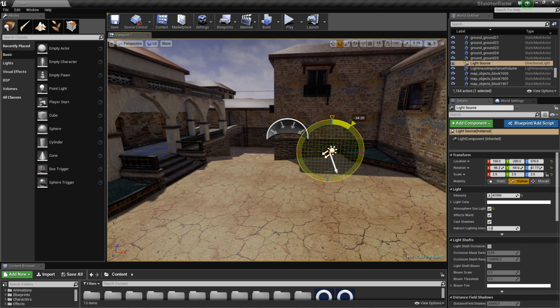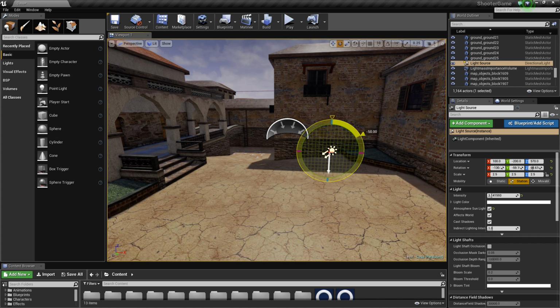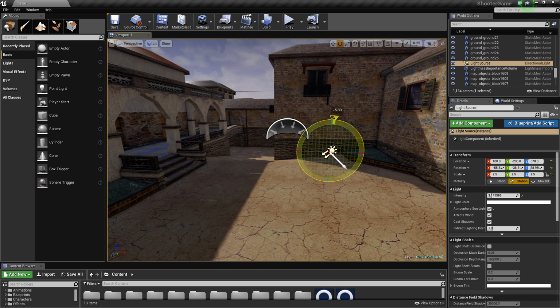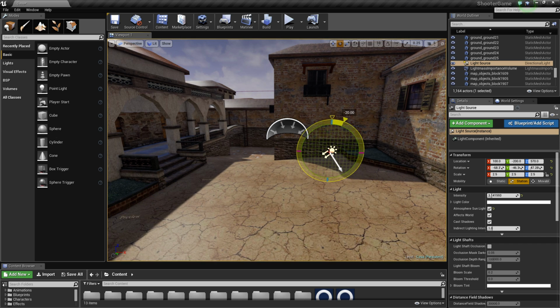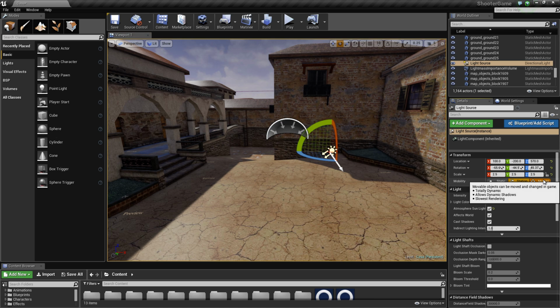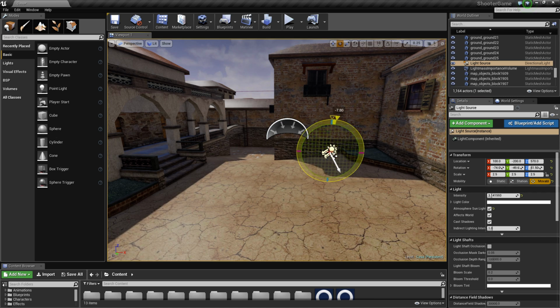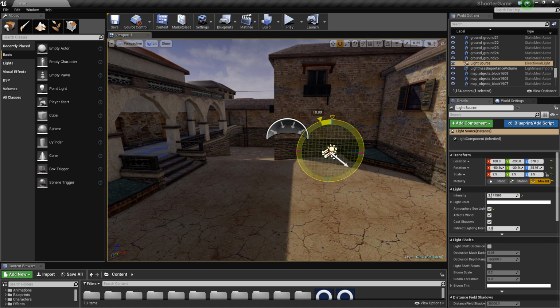So, sun's directly more or less overhead. You can tell by the arrow. That will give you the placement of the shadow along your surface. We can do something else too here, make it movable. We now have dynamic lighting, so if we're doing a living environment as to night and day, we can bind